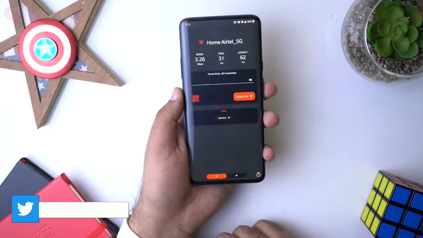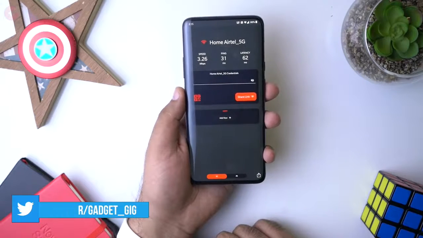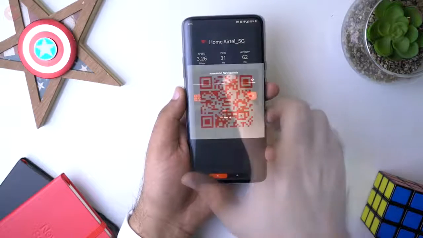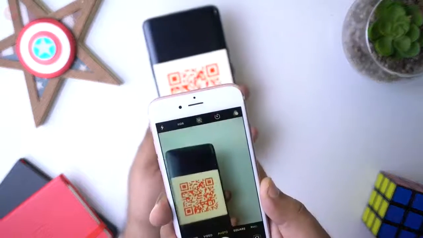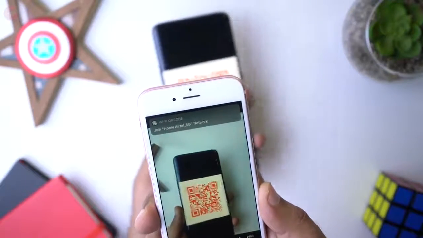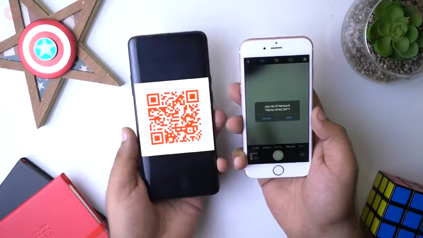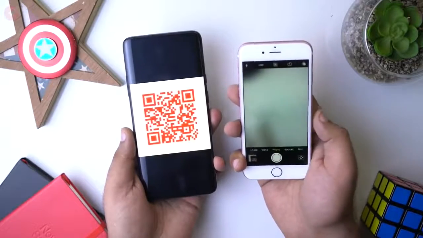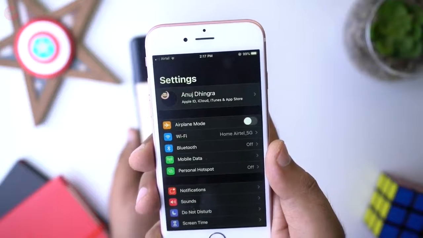So here is my Wi-Fi network, and as you can see, I can create a link or create a QR code which I can share with someone else. And here is the QR code which is generated. Now you can also print this if you want to use it in places like restaurants, hotels, etc. So to join, just simply open the camera app of your phone and scan the QR code. And there, it will ask you to join the Wi-Fi connection. And that's it, you're connected to the Wi-Fi network. Similarly, you can also do this with the hotspot connection.